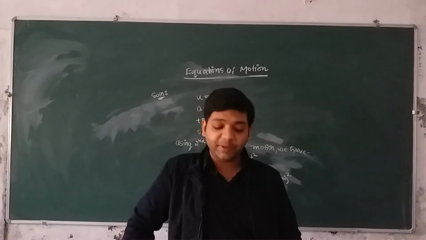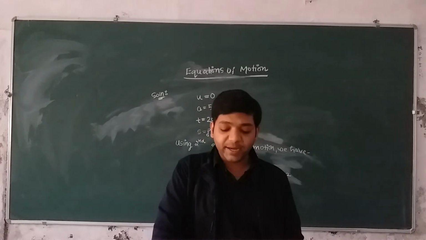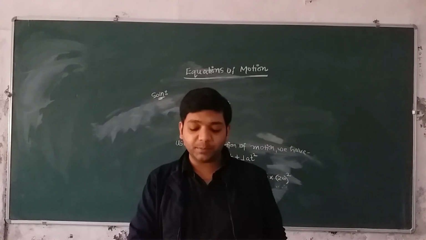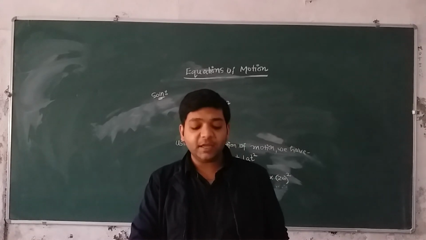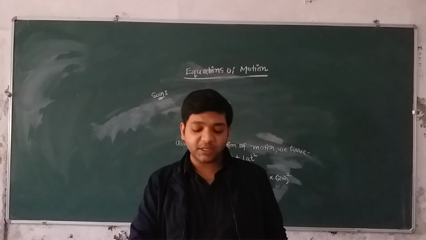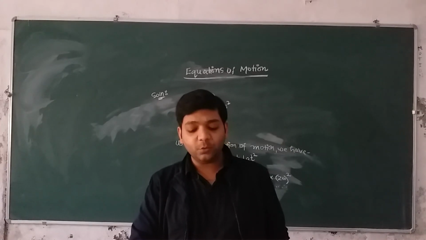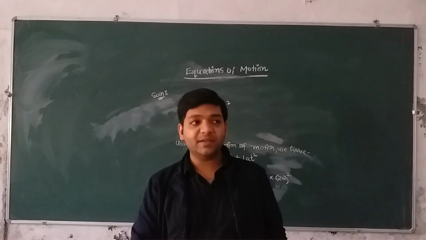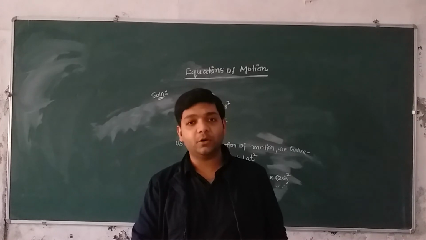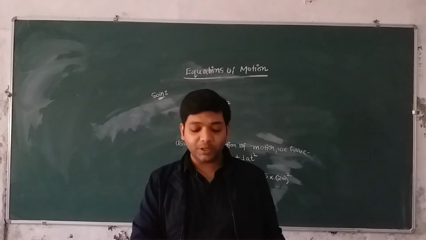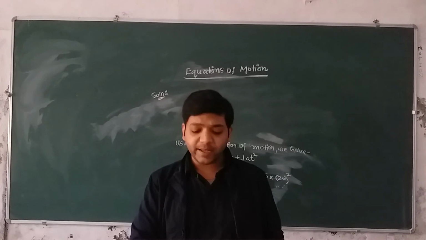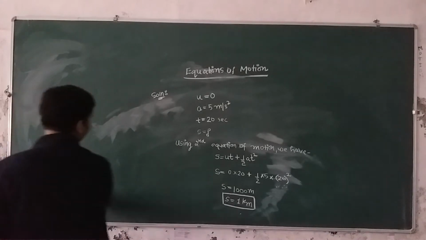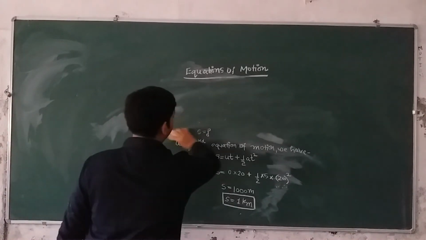Now again I am repeating the question. Brakes applied to a car produce a uniform retardation of 90 centimeter per second square, full stop. If the car was traveling with a velocity of 27 meter per second, then what distance will it cover before coming to rest? Now pause the video and try to solve the question by yourself, and if you are unable to solve it, only then watch the solution that I am going to discuss here. So now let us discuss the solution. I hope every one of you has tried. So I am erasing this.